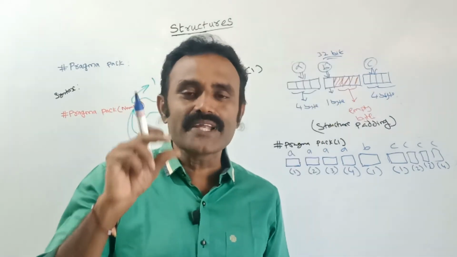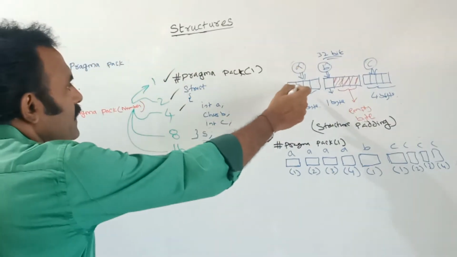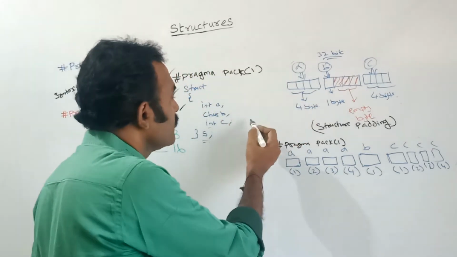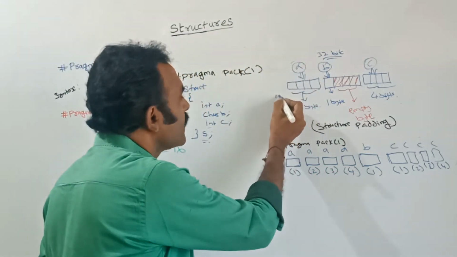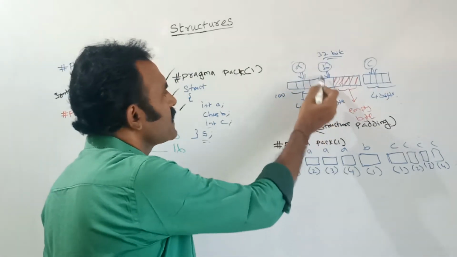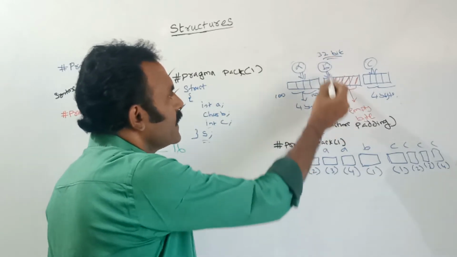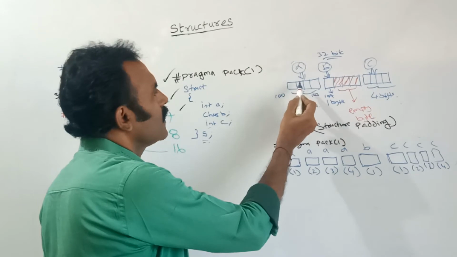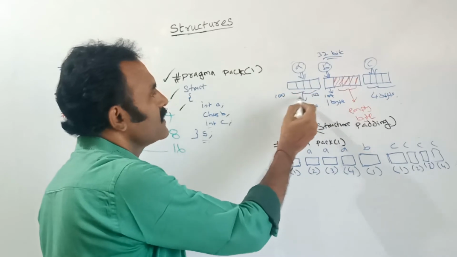For each and every memory it has a unique address. See, for example here this is a, 4 bytes. Let us assume this one is some address; it will be 6 digits like that. For your understanding, let us assume this one as 100. Next, for this a, how many addresses will it take for the first cycle? From 100 to 103. So the next cycle will start from 104. See, so these addresses are 100, 101, 102 and 103. So each and every block has a unique address.